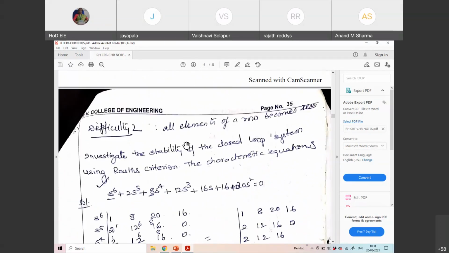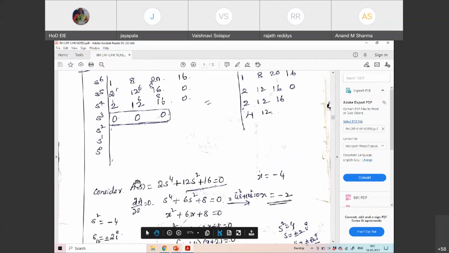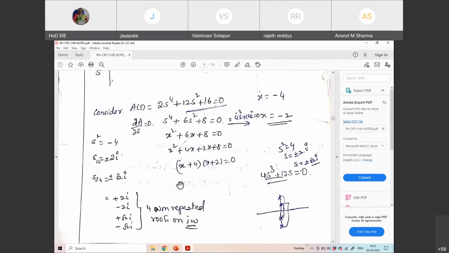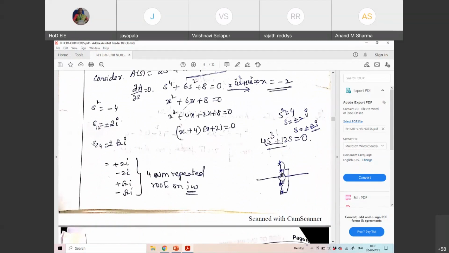The system which has been given to me is of the order 6. That means the total number of poles is 6, out of which 4 poles are lying on the imaginary axis. That I could say because my auxiliary equation is of the order 4. So those 4 poles are found and marked on the imaginary axis: plus 2j, minus 2j, plus root 2j, minus root 2j. Out of 6, 4 have been marked here. So the remaining 2 would be marked here, because your first column would have been all positive. Assuming that it is all positive, the 2 will be on the left hand side. This is the pole placement.